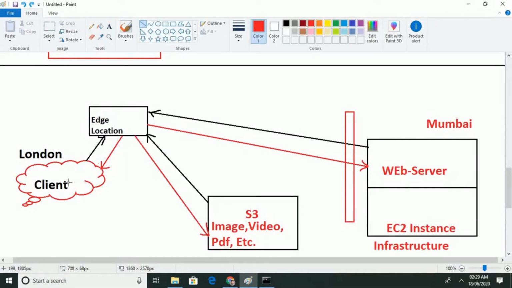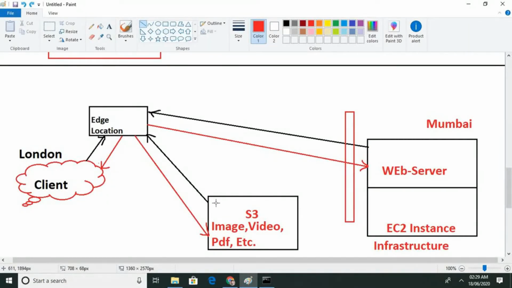If not, then on behalf of the client, the edge location will go to the EC2 instance in Mumbai, where our web server is running. From there the complete data is copied into its storage, cached, and provided to the client. By this the client will not face any latency.